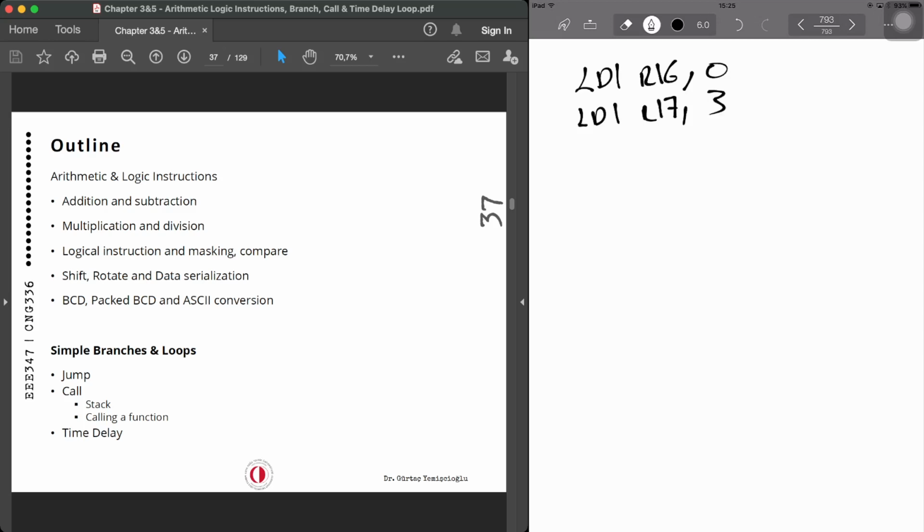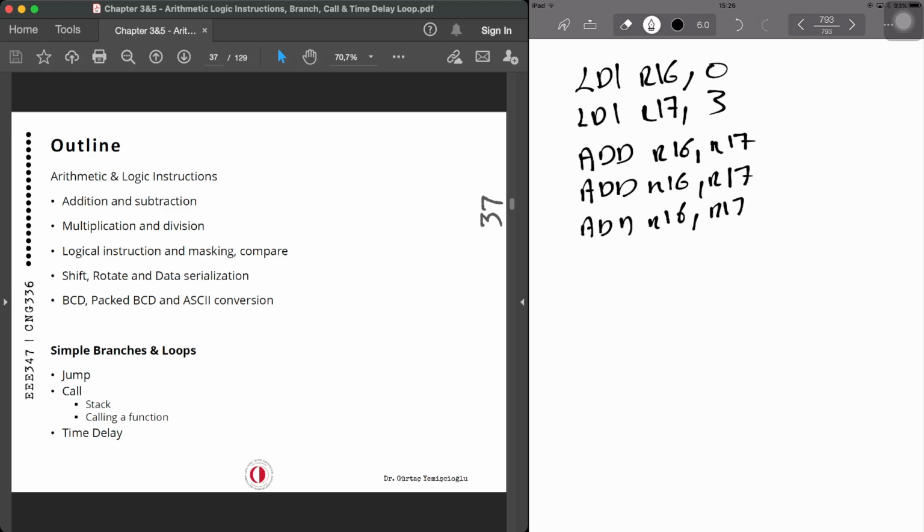And what I want to do is add R16, R17, and I repeat that, and I repeat that, and it goes, let's say, 50 of those, add R16, R17. Okay, so this is possible. But as I said, you are just wasting your code space by repeating the same instructions. So rather than doing that,